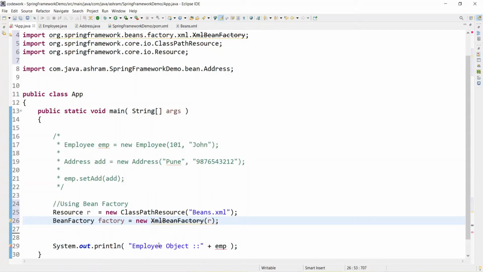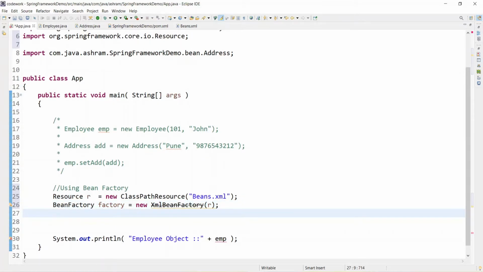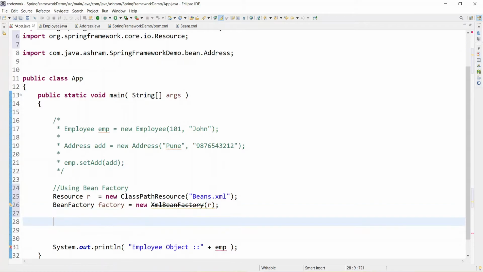Basically, we will be using the ApplicationContext, but I want to show you using the BeanFactory also. Thereafter what you need is an instance of the Employee class, right? Employee type emp is equal to factory, your object, this one, factory.